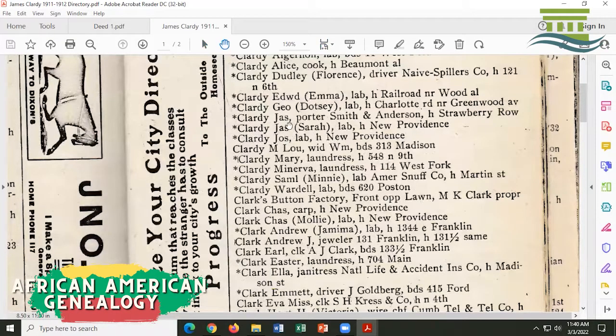So here he is on the 1911 and 1912 telephone directories. We have a couple of those in our genealogy room, and you should be able to find them at your local genealogy room as well. So I zoomed in a little bit, but here is James Clardy and his wife Sarah living in New Providence.